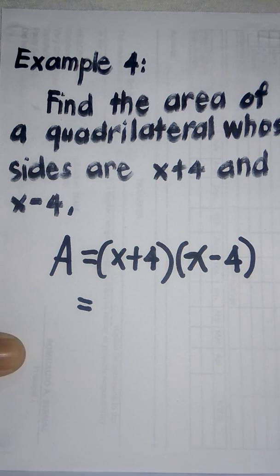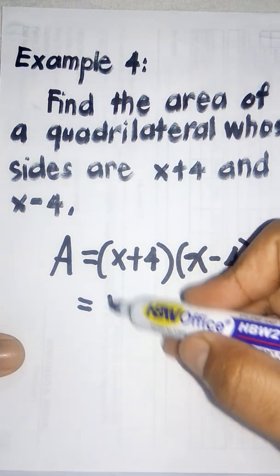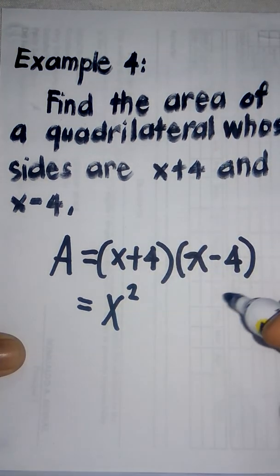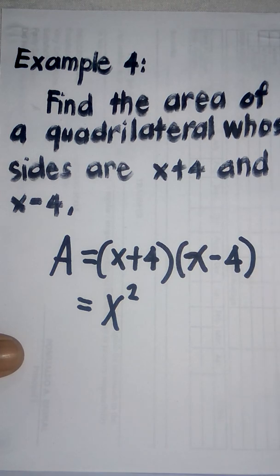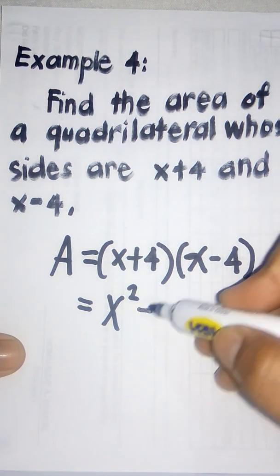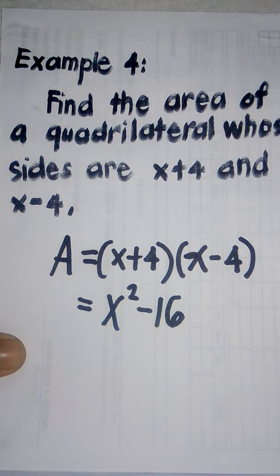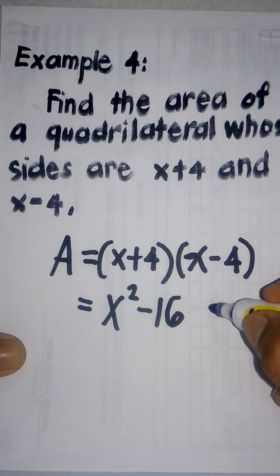Maybe we can just use the shortcut way: get the square of the first term. So x times x will be x squared, and multiply also the last terms. Positive 4 times negative 4 is equal to negative 16. There you have it. This is already the area. And don't forget the square